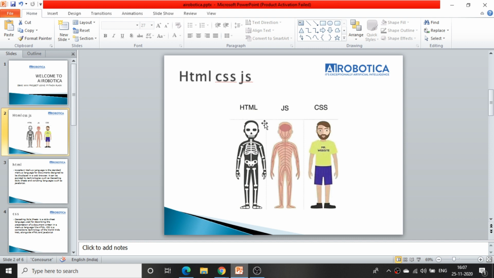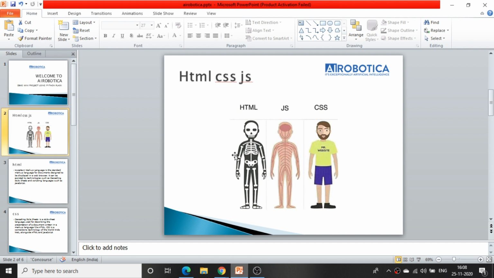Suppose whenever you are building a flat or any building, first you collect all the components and design a structure. First you design the building, then next comes the colors you want to paint it, so you give colorings to the rooms, whichever color you want. All those things can be achieved by using CSS. HTML is just a skeleton. If you take the example of a human body, HTML is just the skeleton, where we build up a particular website structure.